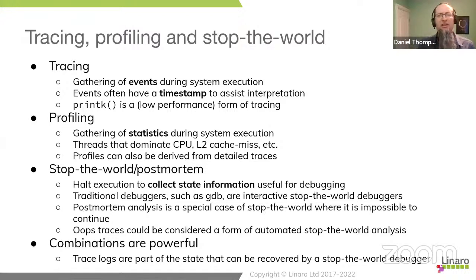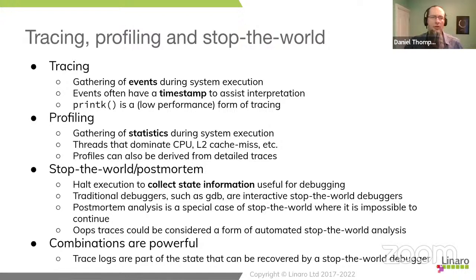And the reason tracing is the first type of debugging that most people meet is because printk is ultimately a low performance form of tracing. It's a free-form text system that, with the addition of timestamping, gives you a certain type of trace capability. Likewise, if you've ever written user-space programs, all the printfs that you litter through your program are ultimately a form of tracing. So despite the fact that tools like ftrace and jump traces and hardware tracers seem exotic, they're actually going back to the very first techniques that you learn to use to debug, to gather events as the system is executing.